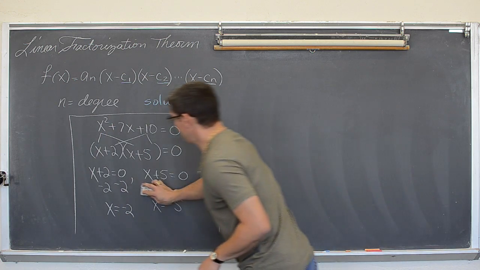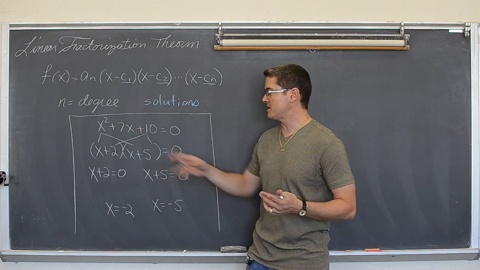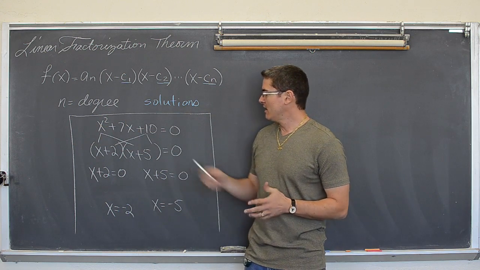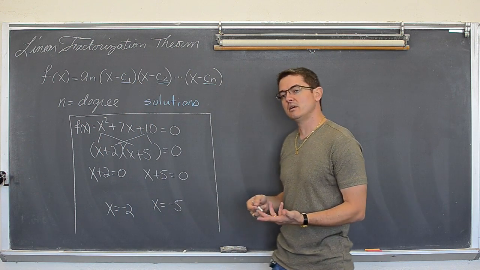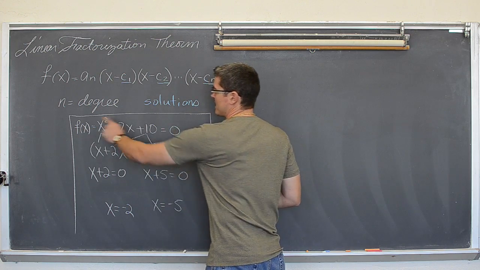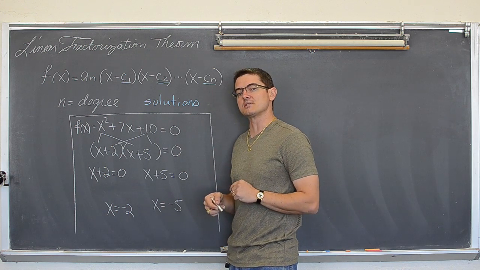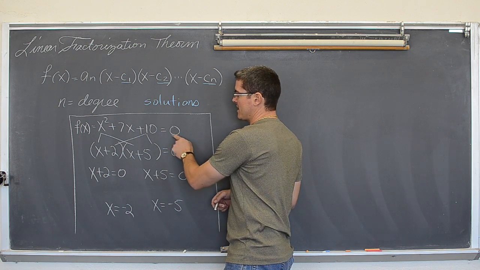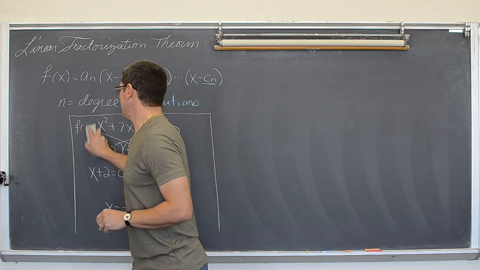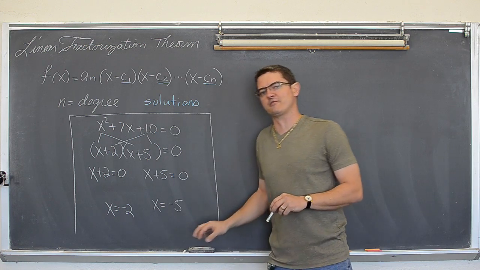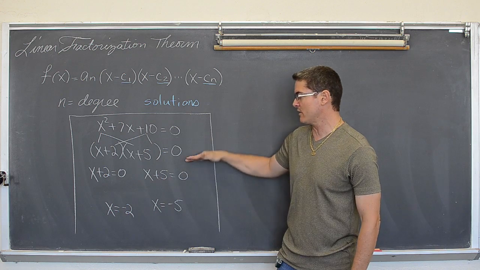Okay, so except for me giving you a point that this polynomial goes through, if it was indeed f of x equals, it is f of x equals. When you find a solution, you're finding a place where the graph crosses the x-axis. And if it's a real solution, it is where it crosses the x-axis. When you're crossing the x-axis, the y value, f of x, is equal to 0. So this example of how to solve a quadratic with factoring is exactly what we're going to do, but the linear factorization theorem goes in the reverse order.